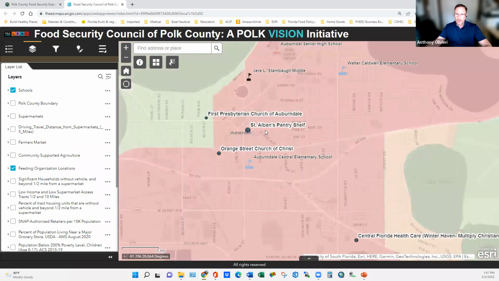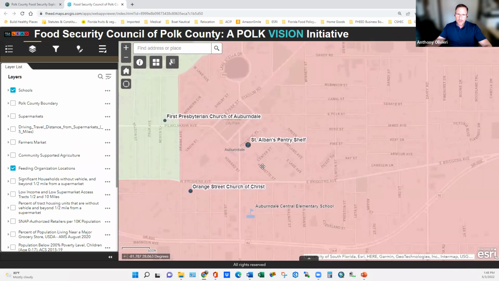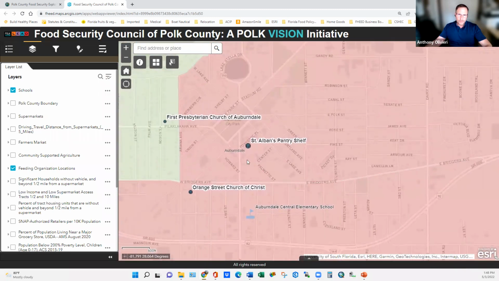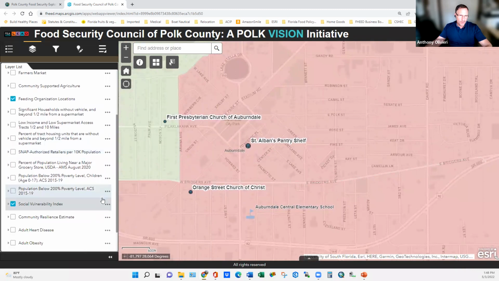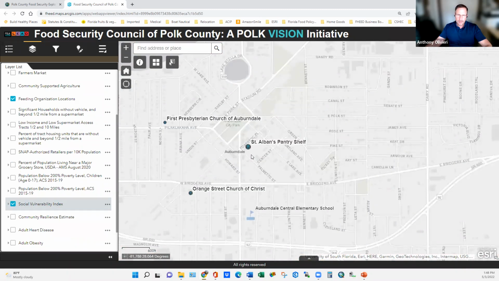We have a lot of features. We have some schools, we have some feeding organizations, and as we zoom in, we start to see some detail to the streets. And let's go back to the social vulnerability and change transparency again to make it more transparent. And see if we want to look a little closely at this,